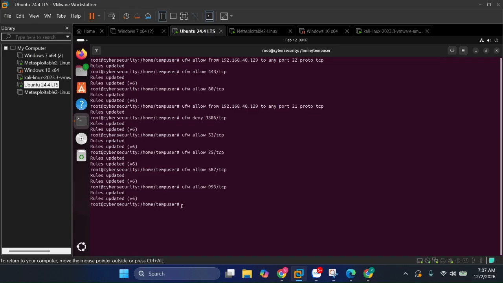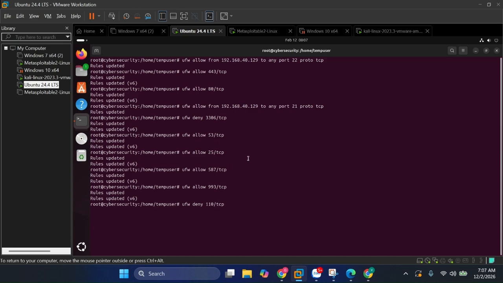Now you may want to deny traffic from the insecure port. What will you do? Instead of allowing traffic, you give deny here, and then you come here, and instead of giving 993, you give it